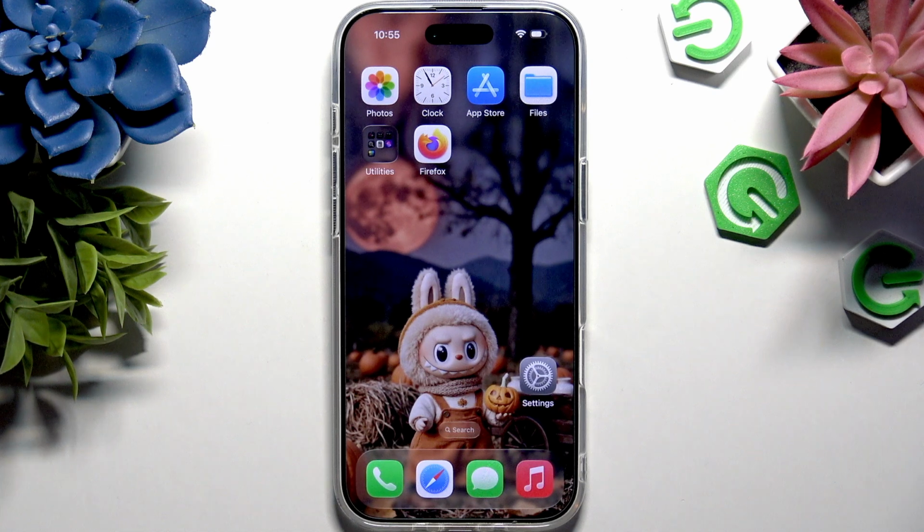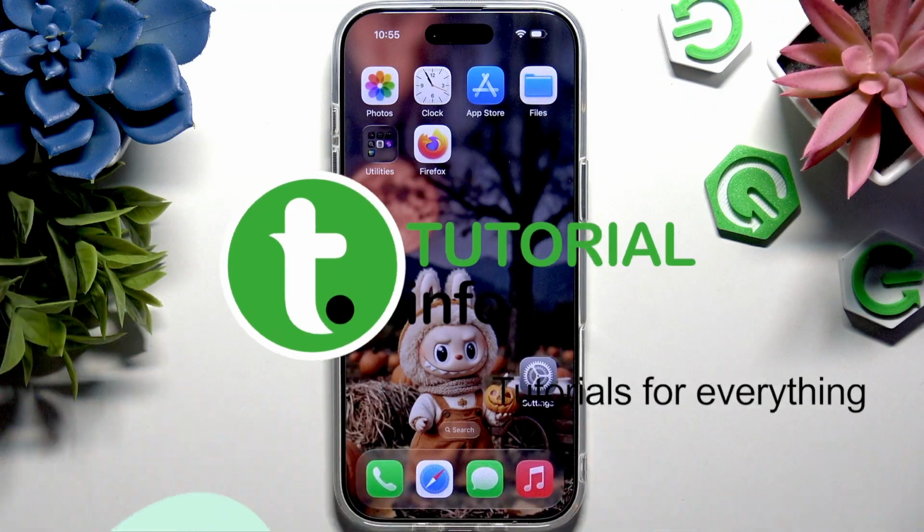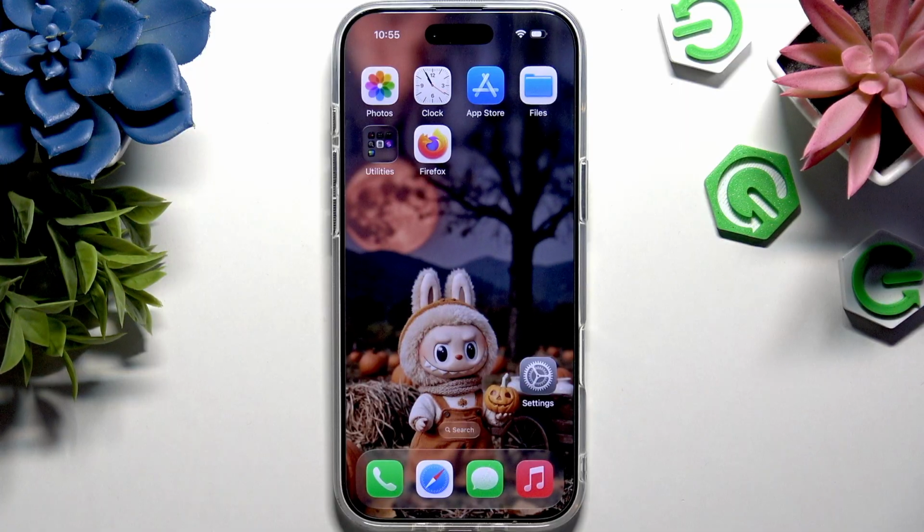In front of me is iPhone 17 and today I would like to show you how you can turn on or off passwords autofill. Many of you in the comments asked me how to manage autofill, to switch it on or off to be